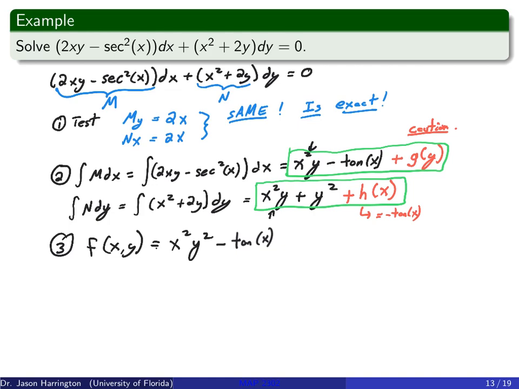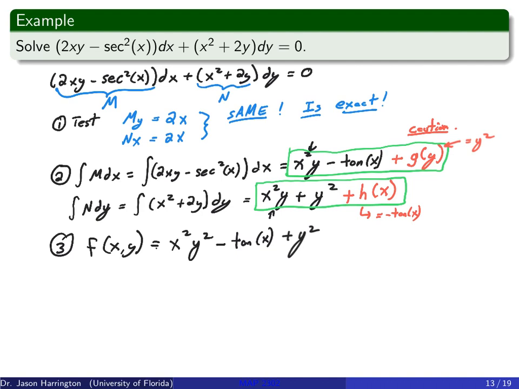All right. Now, the only thing I have left is that plus y squared, which I need because of the second line. So this line here tells me I need a y squared in my answer. But the question is, can I make the first one have a y squared and still be okay? And the answer is yes, because here, this g of y, we can make this whatever we want, as long as it's in terms of y. And so this little guy here, I'll make that equal to y squared. And now they both match beautifully, and everything works out nice. So that turns into plus y squared.